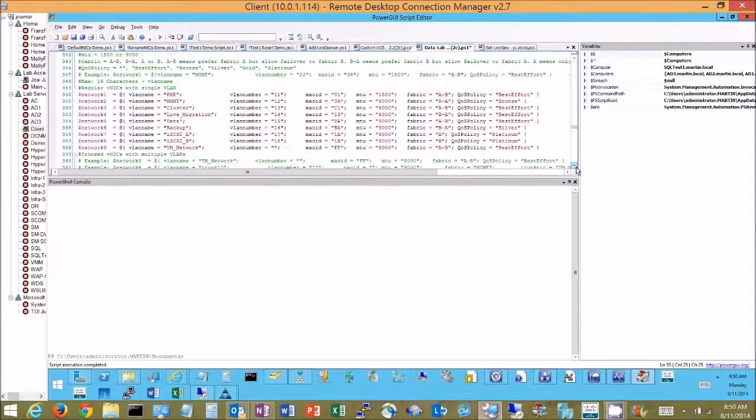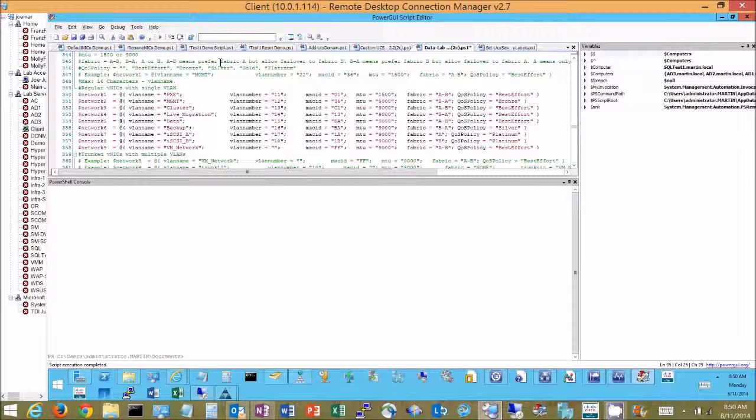Then I go down here and I have this kind of interesting matrix which is used for multiple things around the LAN. So the first thing is by having this VLAN name in here with a VLAN number, I'm going to build a VLAN, for example, Pixie VLAN 11. I'm also going to build a MAC address pool since I have an entry in here of 01 or something. I'm going to build a MAC pool called Pixie, which is going to consist of a MAC address that's going to be